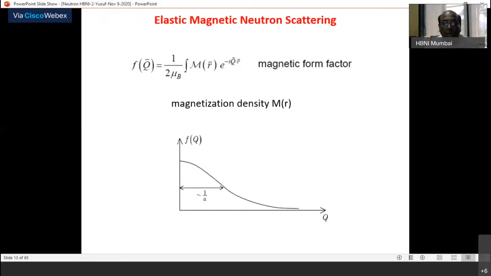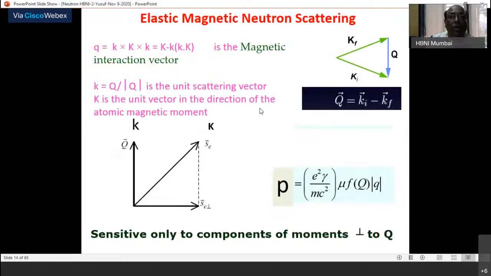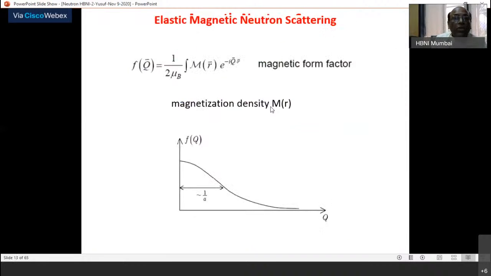Or for rare earths, it is the 4f shell where you have unpaired electrons. So those electronic shells carry the net magnetization, the magnetization density at that particular shell in real space. So now you can imagine, if you have a magnetic atom or ion, you have